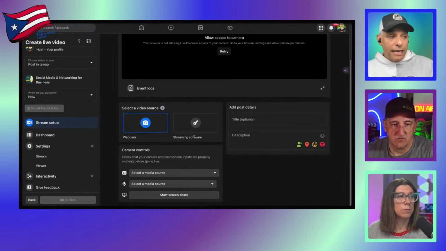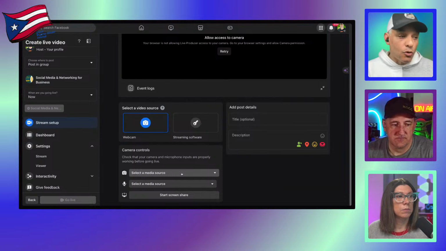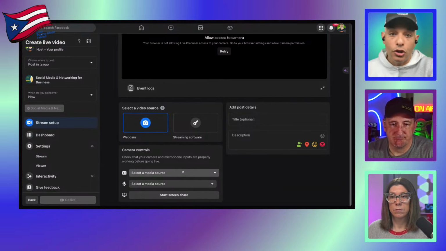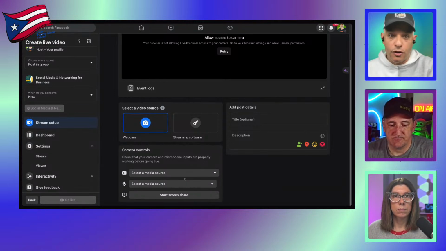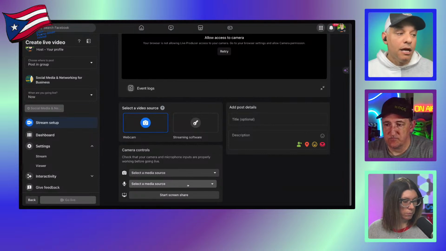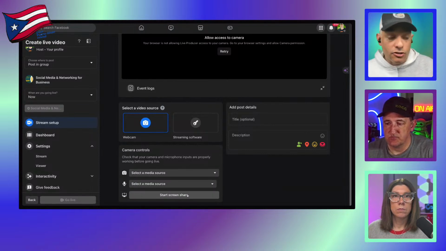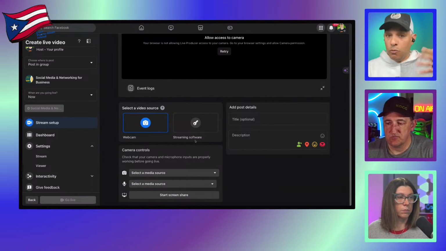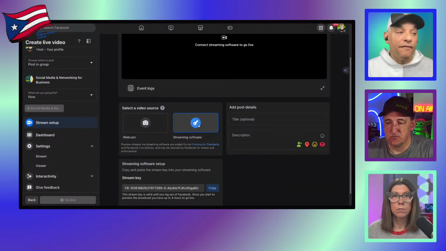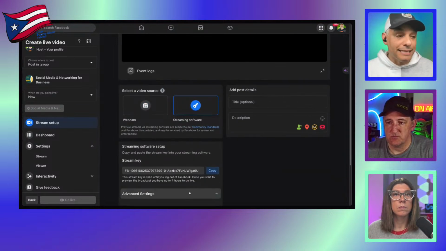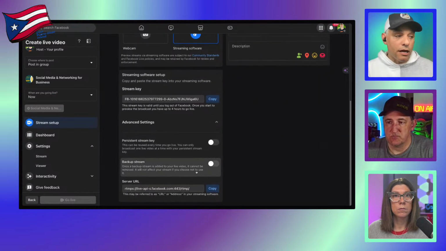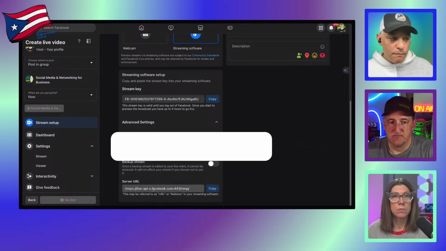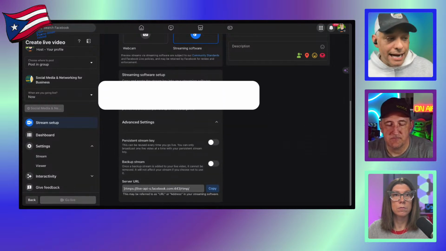But if you look through the webcam, it's going to be what media source is connected to your devices, the whole nine yards here. And then you'll be able to start your screen share with what it identifies. But we're focused on this because this is a key part of the whole thing. Now, I wanted to make sure I hit on this. If you see right here,